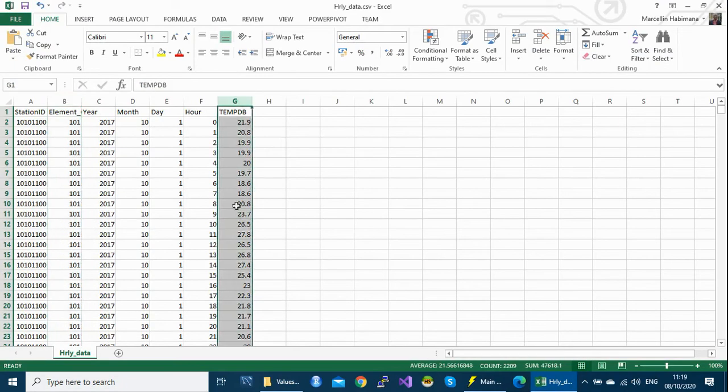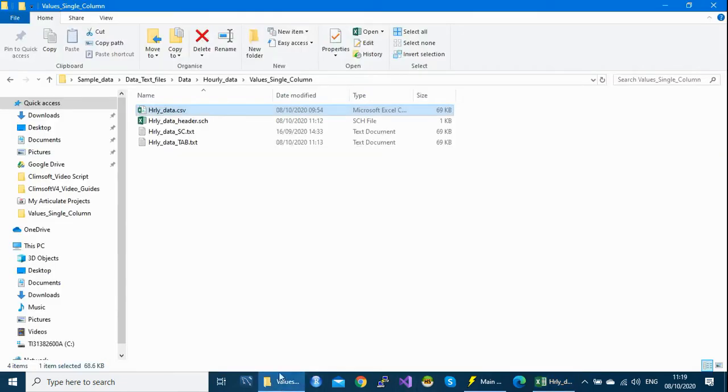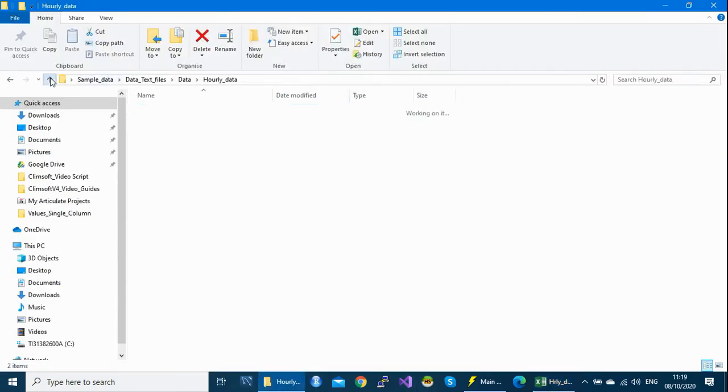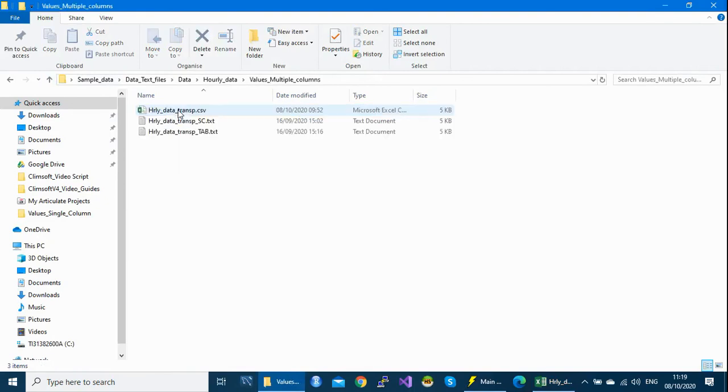So now our next scenario is where our data is in a single element code, but now with multiple values. So it's like a transpose sort of. These values will be transposed. This is a file with multiple values.